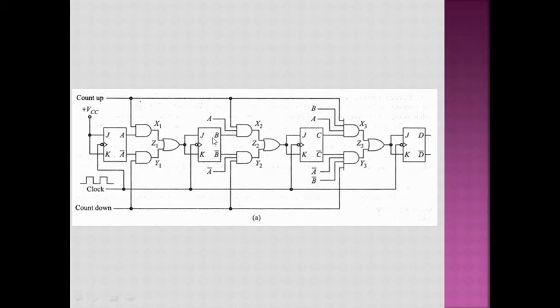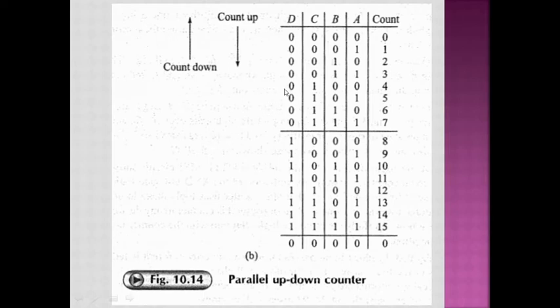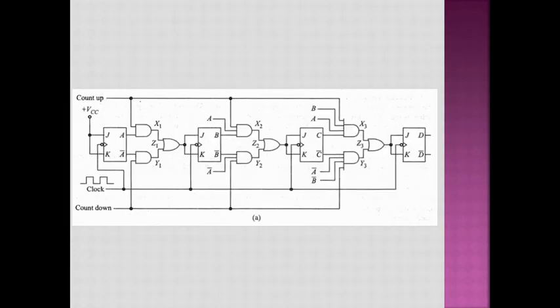So at which count is it going to be toggling? If you see in a count down mode, when it's changing from state number 0 to 15, the flip-flop B is going to be toggled. From 14 to 13, flip-flop B is going to be toggled. From 12 to 11, flip-flop B is going to be toggled. 10 to 9, flip-flop B is going to be toggled, and so on. So this way it works in a countdown mode. Now the same logic is applied for the flip-flop C.